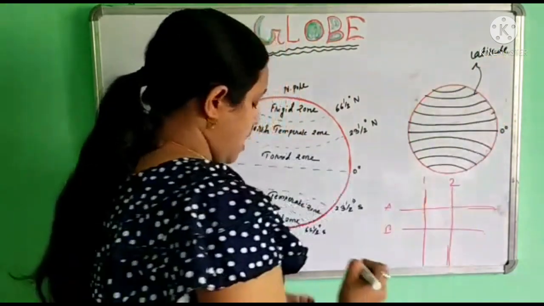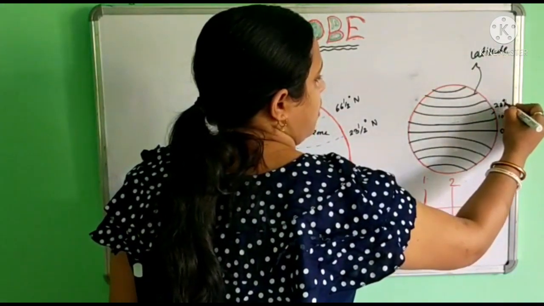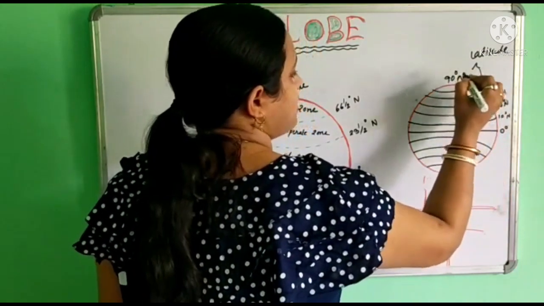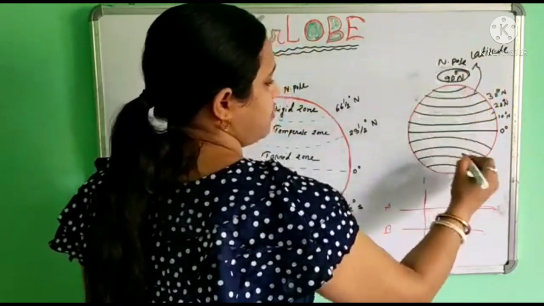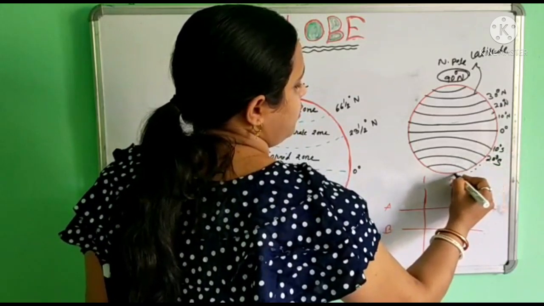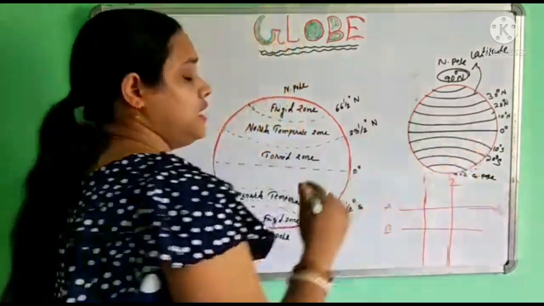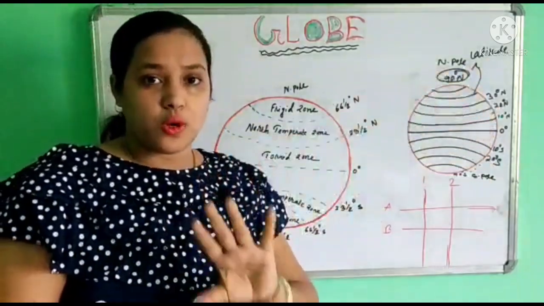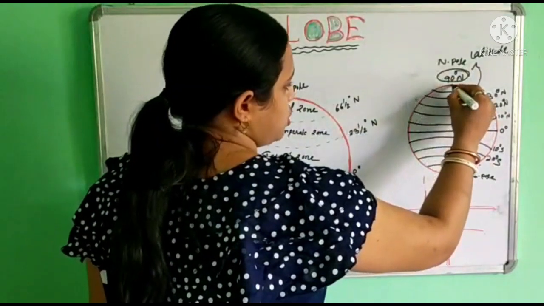Very simple. Now these are given as 10 degree north, 20 degree north, 30 degree north, so up to 90 degree north, and this 90 degree north is known as the North Pole in the northern hemisphere. In the same way 10 degree south, 20 degree south, so up to 90 degree south is known as the South Pole. So all these parallel circles which come from the equator up to the pole are known as parallels of latitude. Now we talk about longitude.